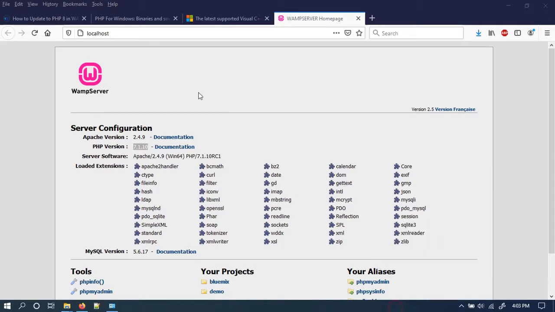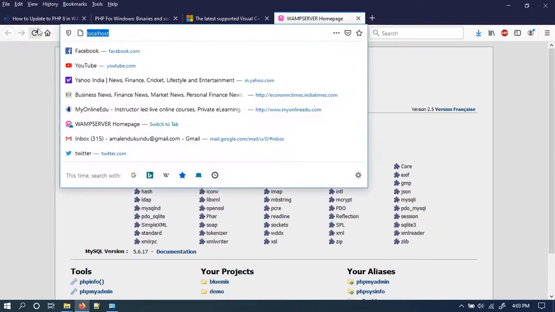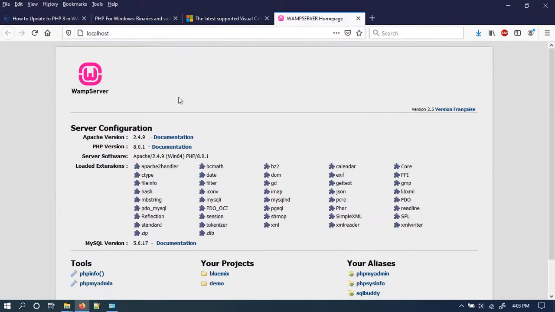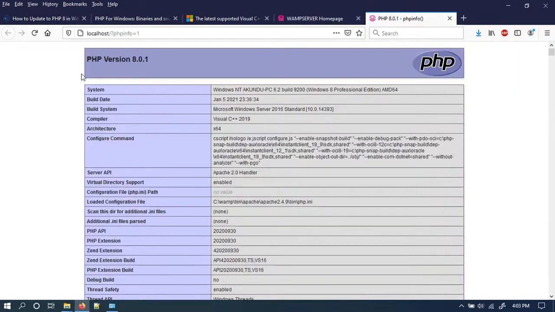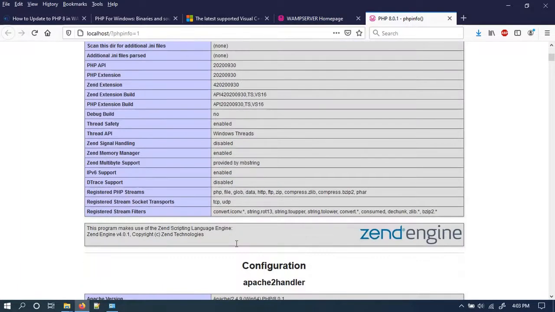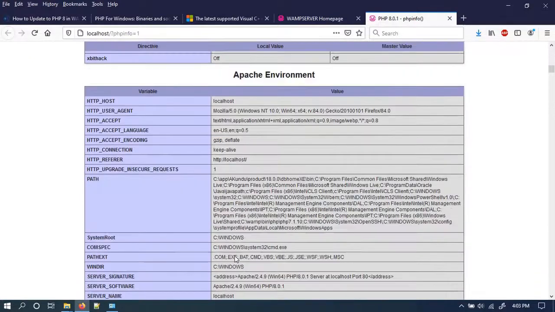But this time I got it correct. Now let's refresh this page. Now you see here we are actually using PHP 8.0.1. Okay, so now you go to this phpinfo, and voila, we are using PHP version 8. Now whatever program you write will actually use PHP 8.0.1.